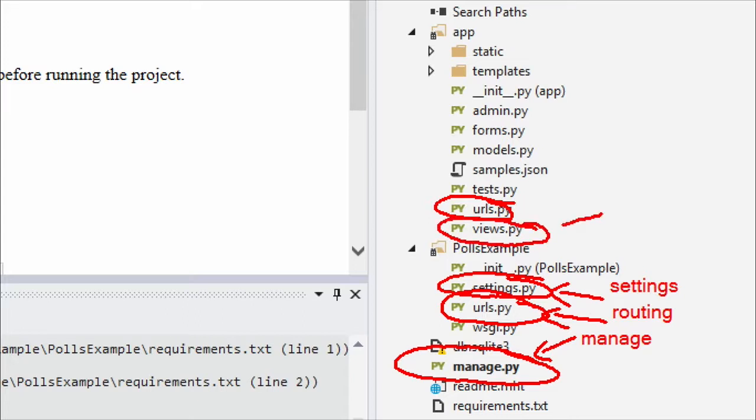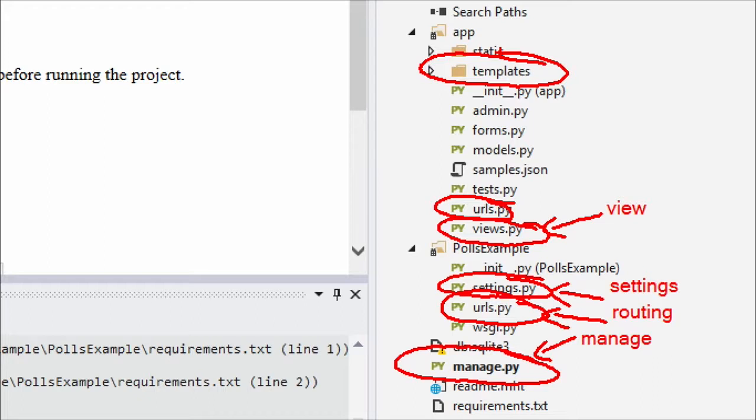There's our views.py file, and this is, of course, where our views are going to go. A view, in Django terminology, is what's going to execute our code and eventually combine all of that with our templates, which are going to be our HTML. And then last but not least, there's our models.py file, and this is where our models are going to wind up going.